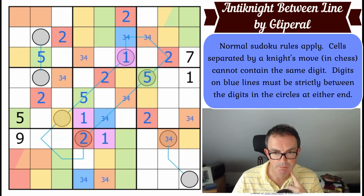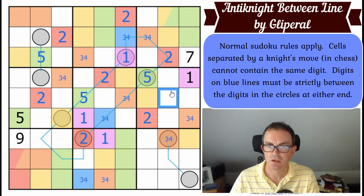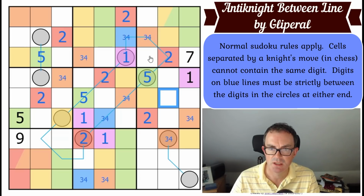I can make 1 purple. I'm going to do that right now. Maybe 1 in box 3. Yes. Where does 1 go in box 3? It's not here, it's not here. By knight's move, it's not those two. I think it can only go here. Now that is interesting because it gets rid of...